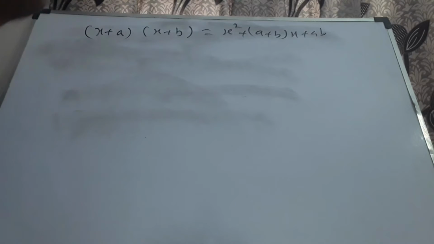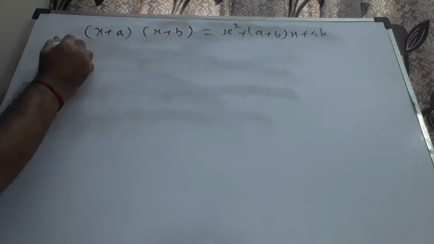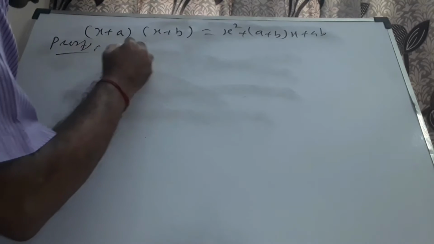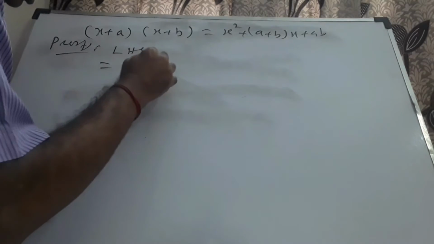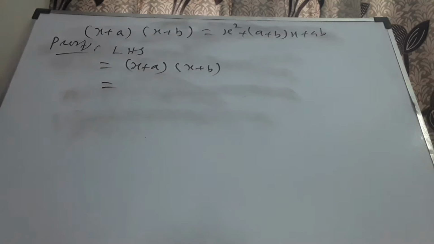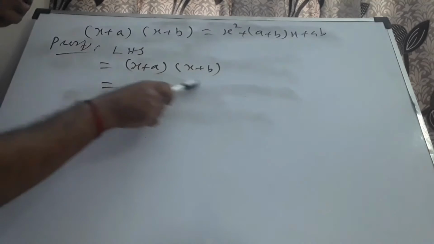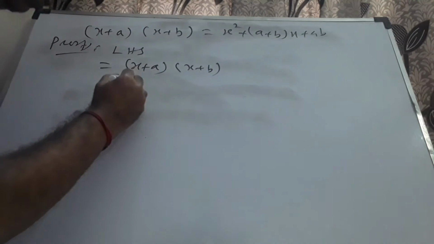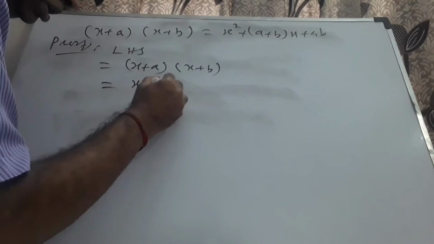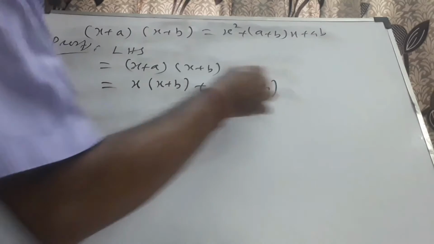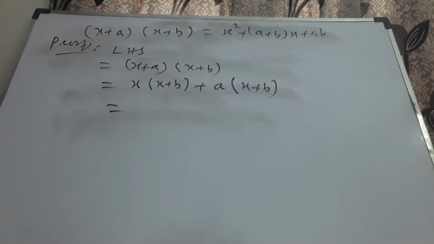Just listen carefully. Let me think of the proof over here. Let me start with the LHS, (x + a)(x + b). Here I am going to apply the distributive property. I am going to distribute the x with this quantity again and again. Therefore, I will multiply x + b with the x, and I will multiply x + b with a. That is the meaning of distributive property.